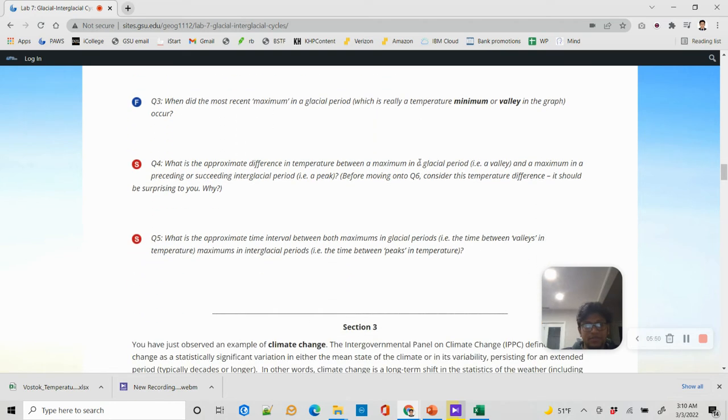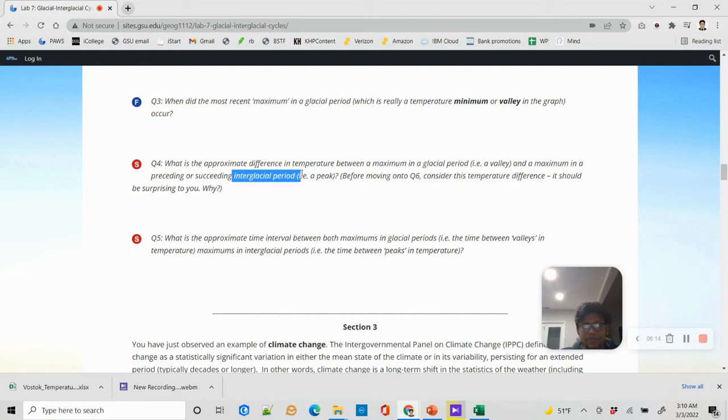I already talked about that as well, and there is already an answer in my presentation slide as well. What is the approximate difference in temperature between a maximum in a glacial period and a maximum preceding or succeeding interglacial period? So this one is talking about the glacial maximum, the temperature difference between one glacial maximum and another